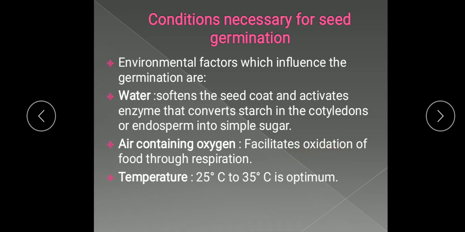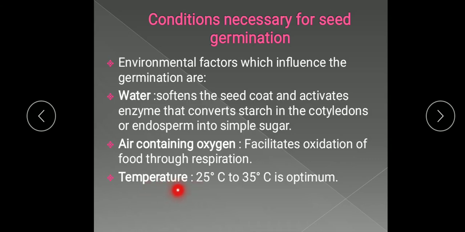Now the third important environmental factor required is the suitable temperature. Seeds will grow only if the temperature is suitable, means within a certain range. A particular range is required for the development of the seed. A very low temperature inhibits the growth of the embryo. Embryo cannot develop at very low temperature, and also at very high temperature it destroys its delicate tissue.